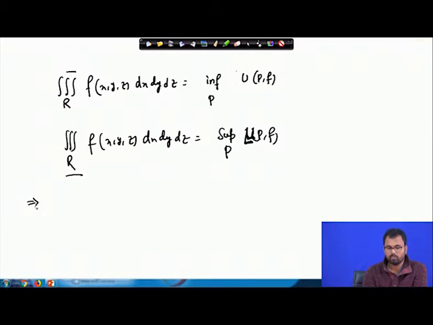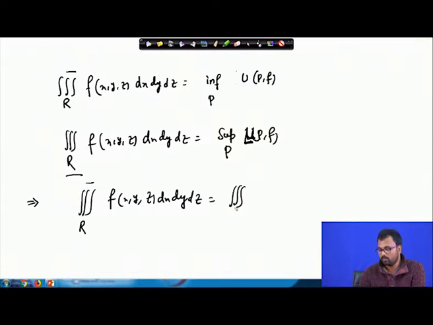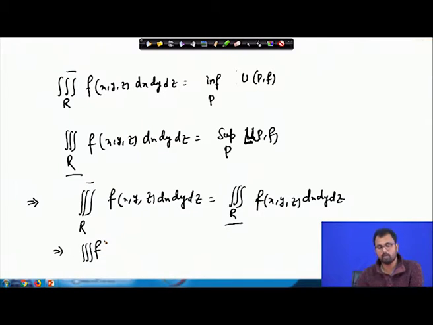Now, from our classical theory, we know that if the upper integral and the lower integral, let us write here, where R means rectangular parallelepiped, of f(x,y,z) dx dy dz are equal, then this implies that the function f is triple integrable over the rectangular parallelepiped, and the common value is denoted by the integral over R of f(x,y,z) dx dy dz and is called the triple integral